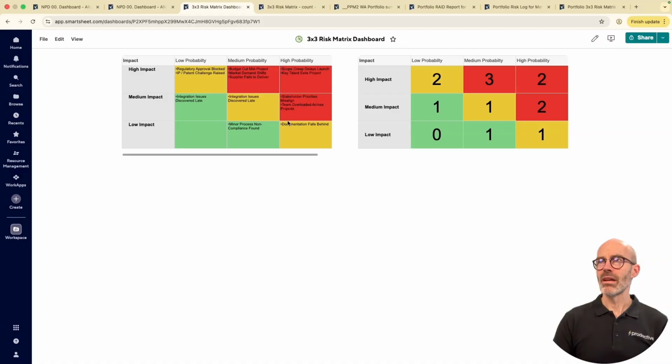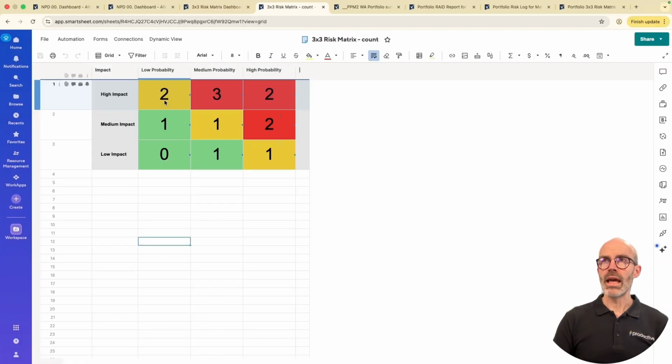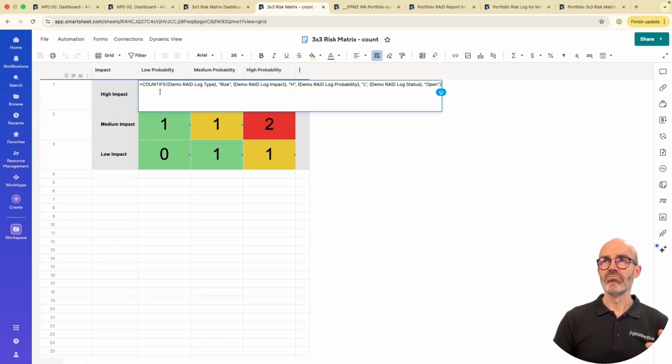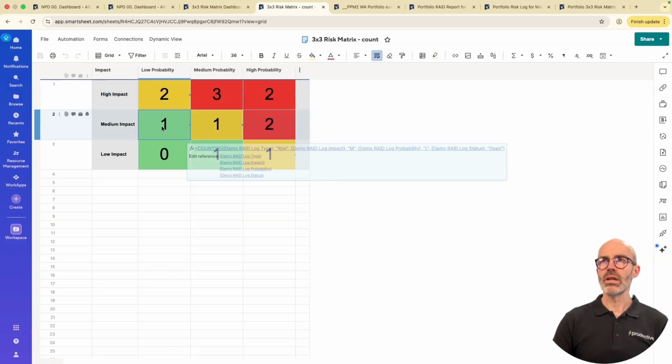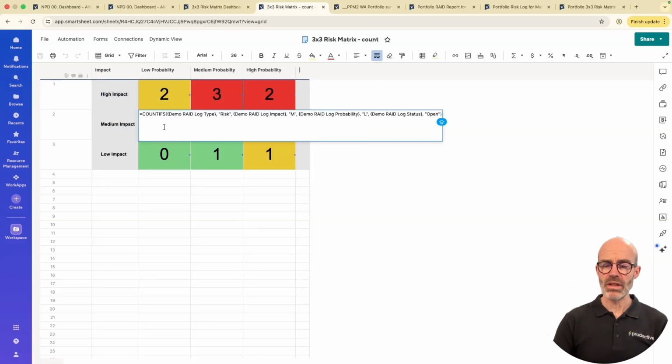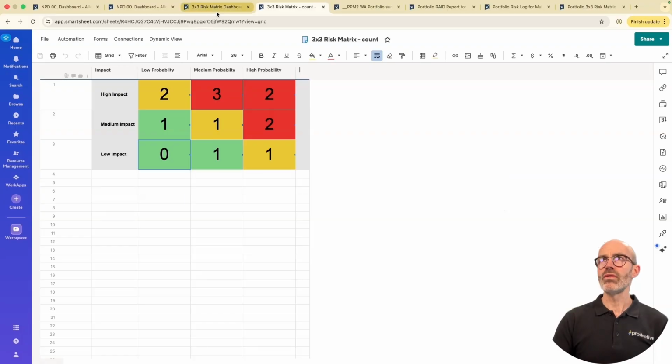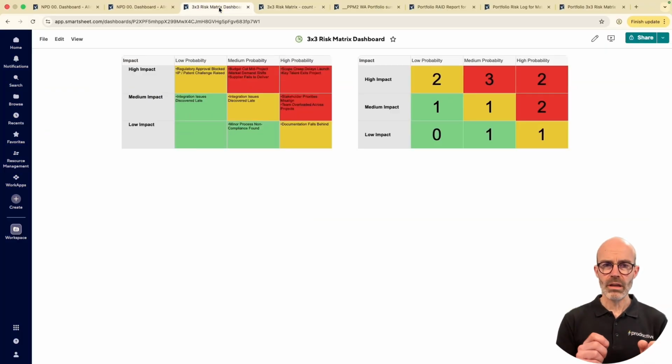Ultimately, it's the same view. All I've done when I come to here is I've changed it from the JOIN COLLECT formula, and I've simply gone COUNTIF, and then it's saying, well, count if it's high impact and low probability, and the status is open. Really simple. So I've just gone in and made it a different formula for each one because it's got to count that specific cell. And there you go. And you've got this simple view of having either the full names, where you're using the JOIN COLLECT formula, or